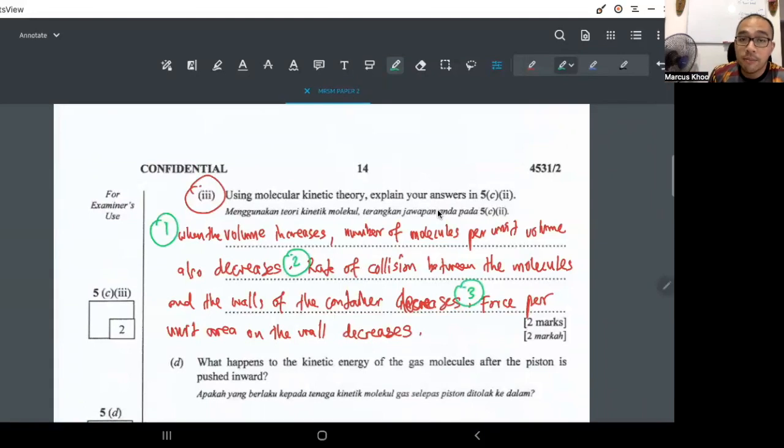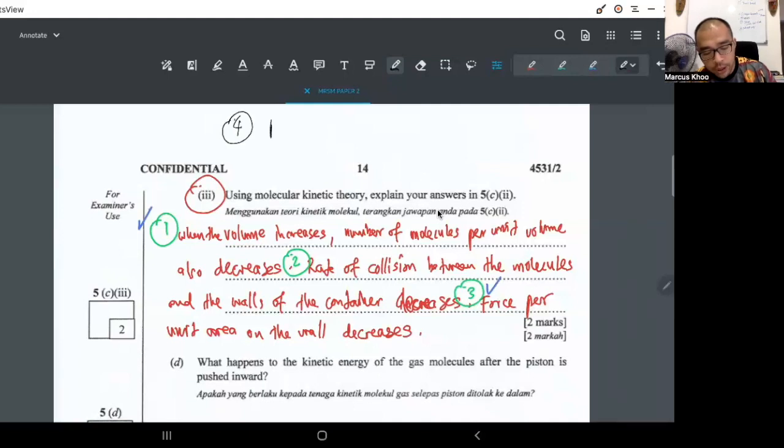Okay, but I would say that because this is a molecular theory, molecular kinetic theory of matter, I think it's important that we mention everything, especially point number 1 and point number 3. If you really don't want to remember everything, then if this is a 2-mark question, definitely point number 1 and point number 3 are what I would look for. But if it is a 4-mark question, like for example, an essay, I would have to write 1, 2, 3, and then my 4th one will